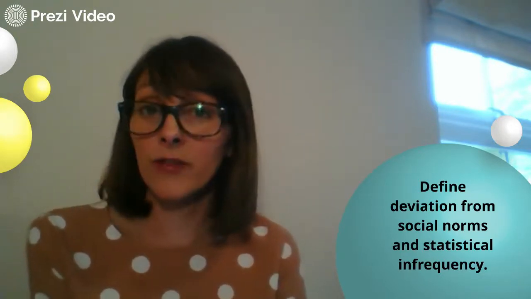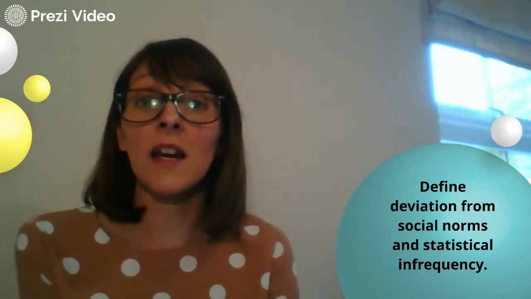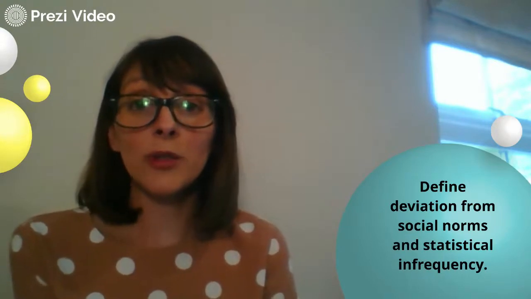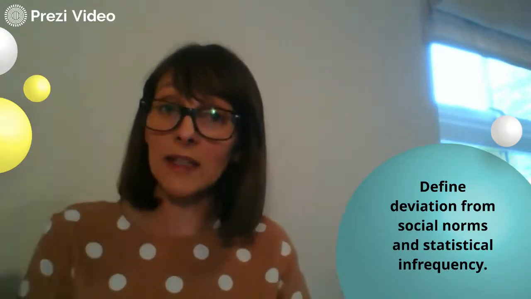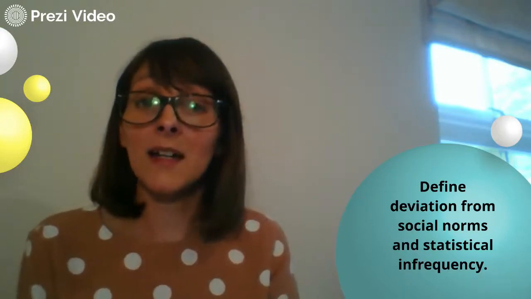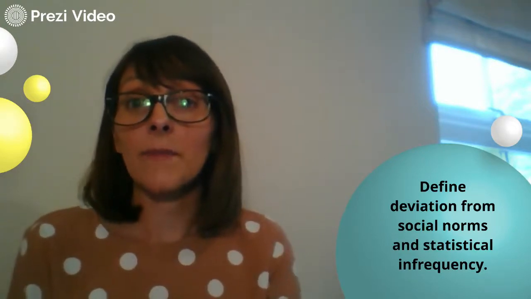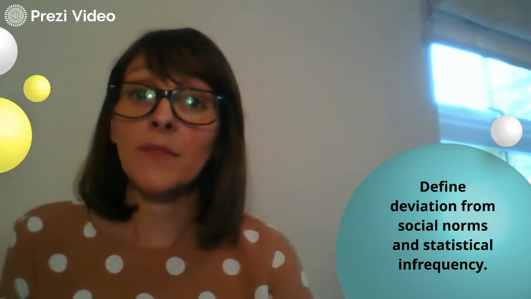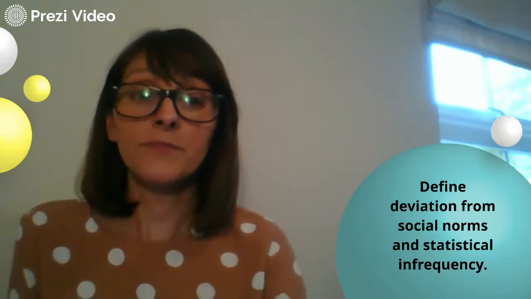Then statistical infrequency, this is a behaviour that is less common or rare, so we used IQ as our example, and people who were 2 or more standard deviations from the mean, so towards the tail ends of the bell curves, if they had a really low IQ or a really high IQ, that behaviour was rare, so we would see that person as potentially being abnormal, and we might want to investigate that further.